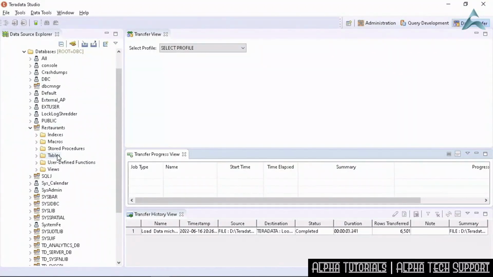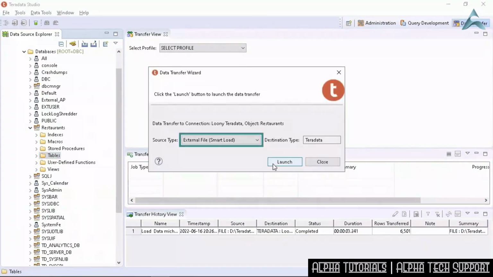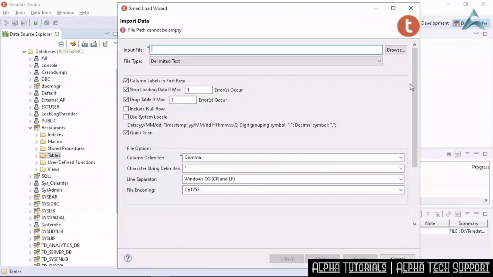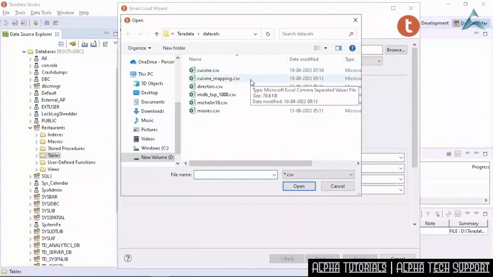To create a second table using data transfer, let's right-click on the tables folder from the Data Source Explorer on the left. Once again, navigate to Teradata and then Data Transfer. Again, we will stick with the default for a smart load. And then from the dialog which pops up, let's hit Browse and then navigate to one more file which is included within the course materials. This is